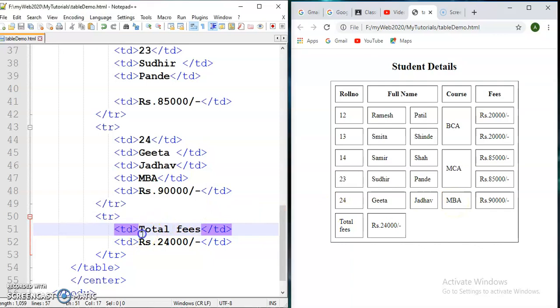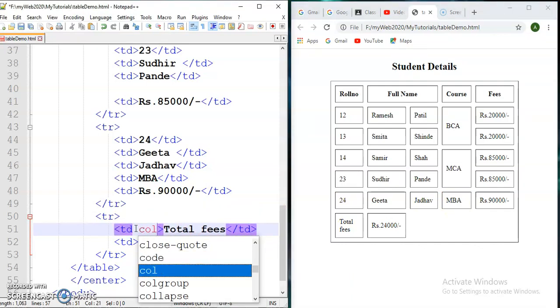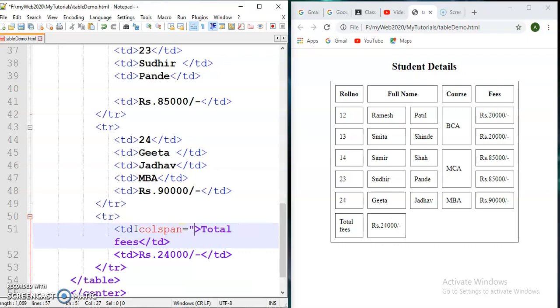So I want to merge the total fees column, so I need to give here colspan. How many columns we want to merge? 4. So this is the effect.